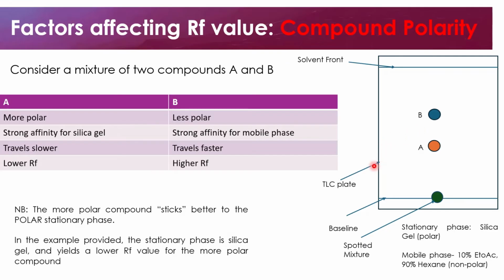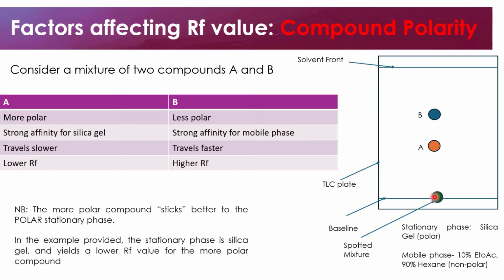So this is the TLC plate over here, coated with silica gel as the stationary phase, and a mixture of 10% ethyl acetate and 90% hexane as the mobile phase. If the mixture is spotted onto the baseline, as shown over here on the TLC plate, compound A, which is